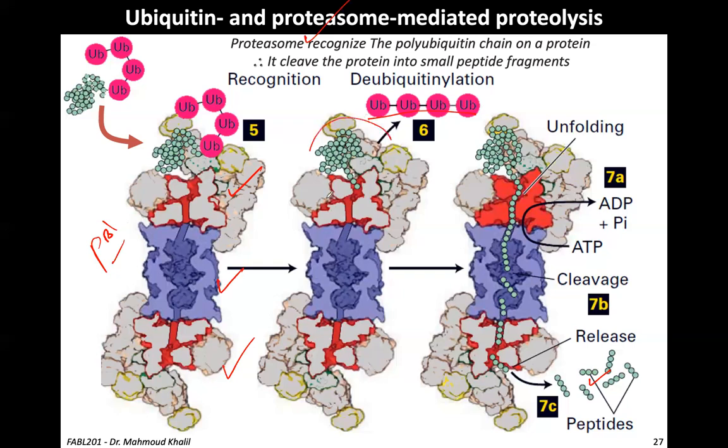الفيرست ريجون إيه دوره؟ تفتكروا؟ Binding and cleaving of the... يبقى الفيرست أو أهم دور له الانفولدنج، وهو أصلا البروتين بيدخل جوه البروتيوسوم بعد ما يتنزع منه، بعد ما يحصل له ديوبيكوتينيشن، صح كده؟ تمام. طيب السكند ريجون إيه أهم فانكشن فيها؟ كليفج. طب الثيرد ريجون إيه أهم فانكشن فيها؟